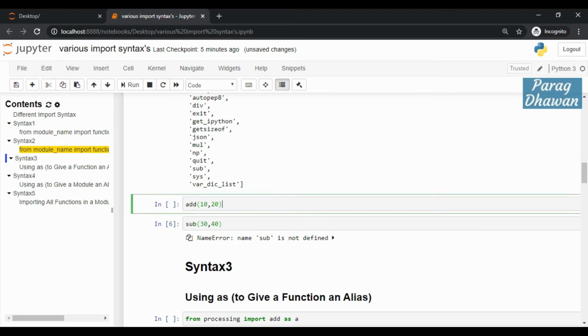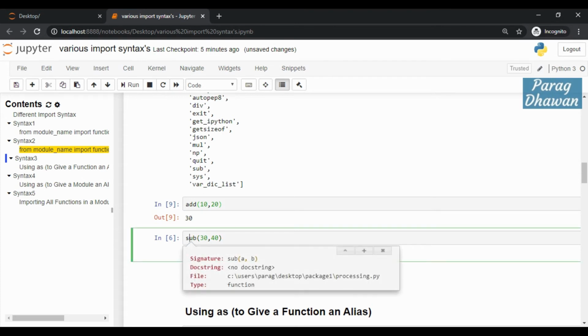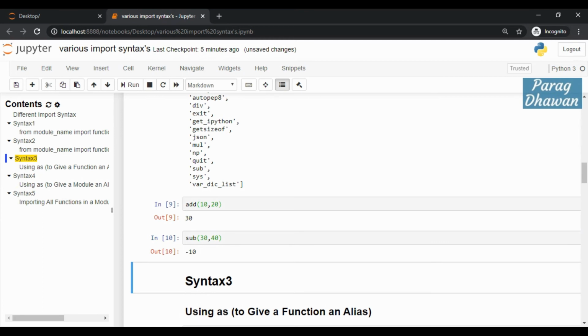So we are using add 10 20, it gives 30. If you want to understand the syntax of sub, click on sub, press shift tab. It will show that it accepts two arguments. Then we pass two arguments, 30 and 40, and the result will be 30 minus 40, that is minus 10.